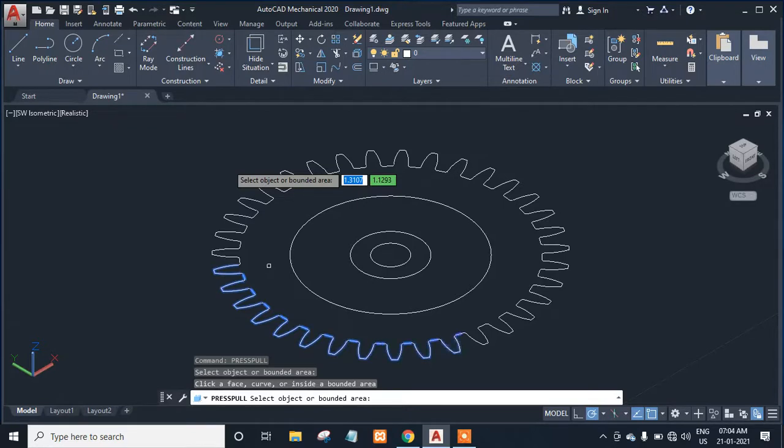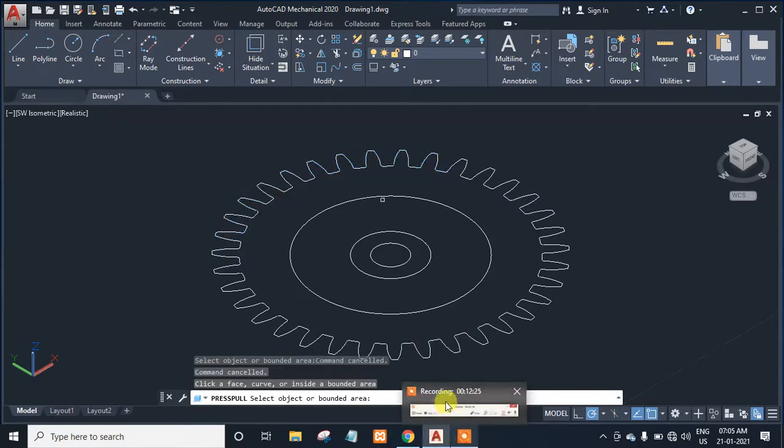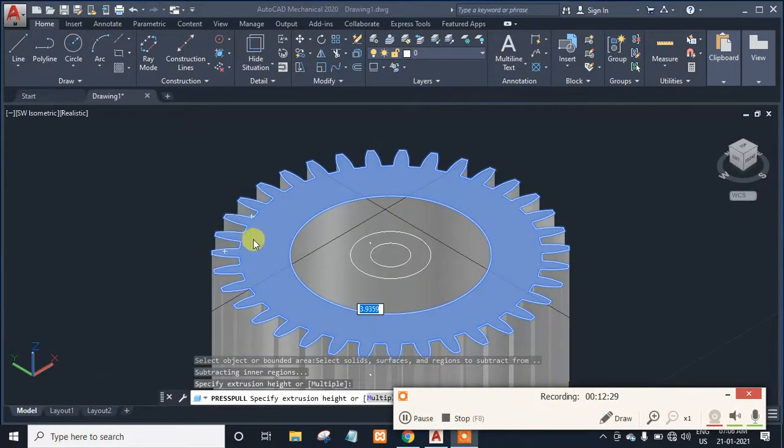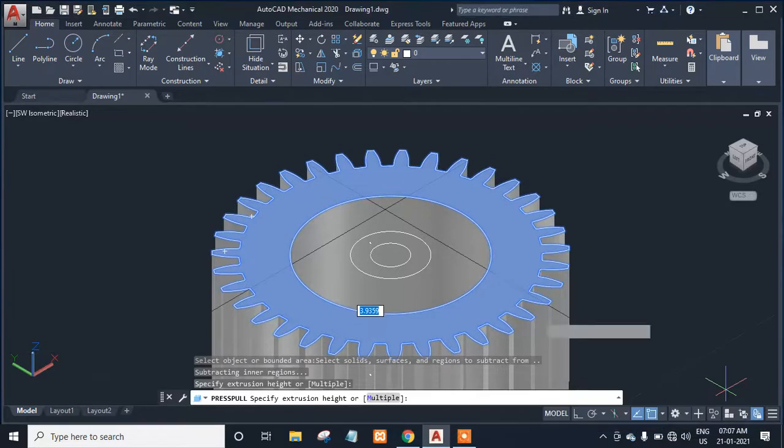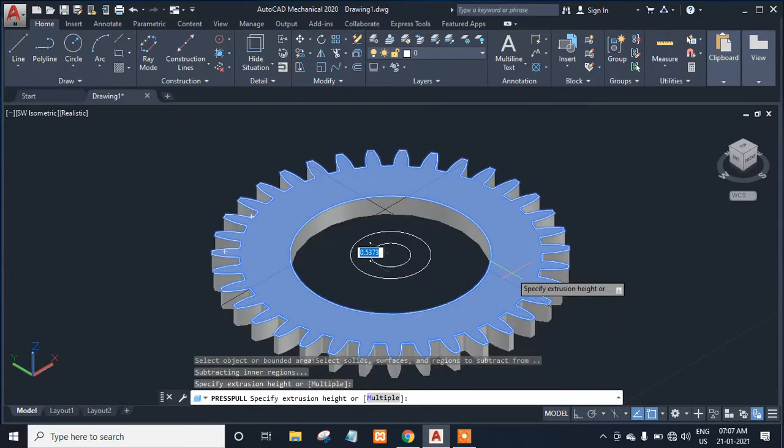It's doing like this. Now see here, I will press pull it 1 2 mm.